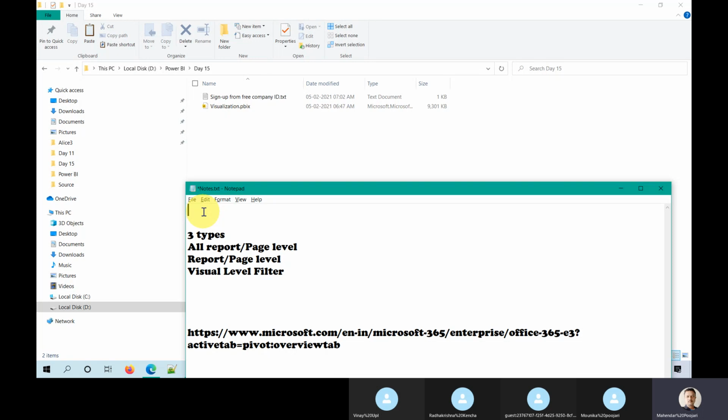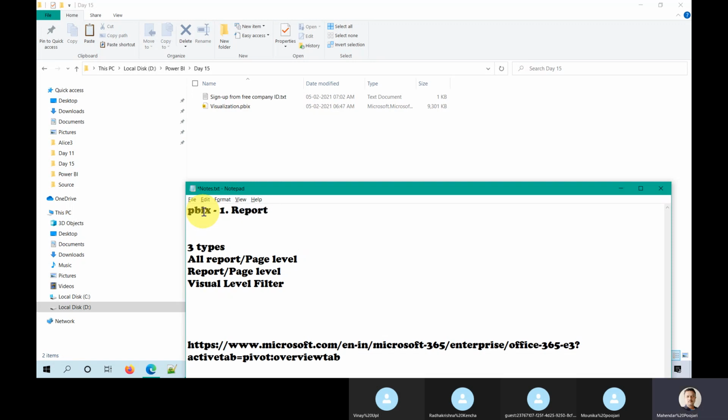How is this PBIX file divided into two things? One is the report, and the second one is the dataset.